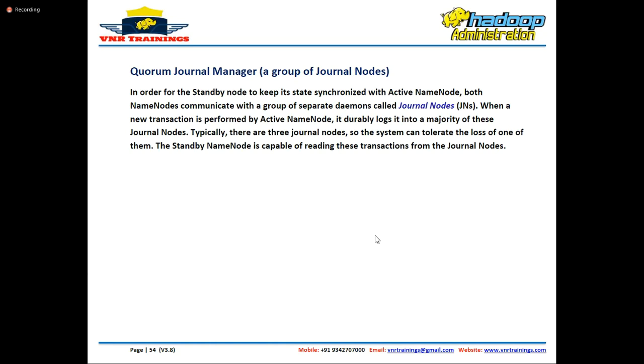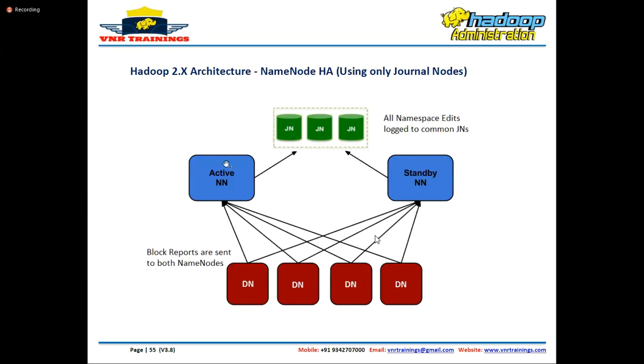So why are we going for multiple copies of the edit log? Because if I have only one common copy and that copy is lost, I may be in problem. If edits are lost, there are chances of data loss. So to avoid this, we are going with multiple journal nodes. Now this is the architecture they have released, guys. We have 3 journal nodes, 2 name nodes, one active and another standby, and multiple data